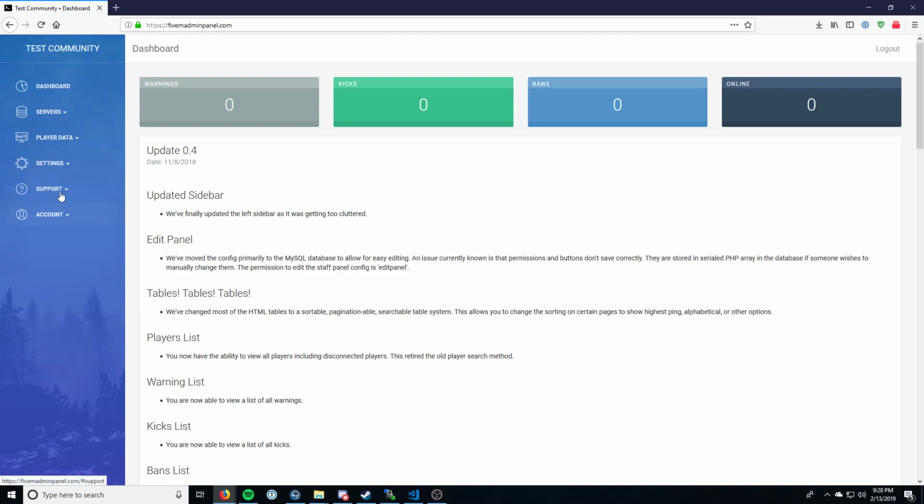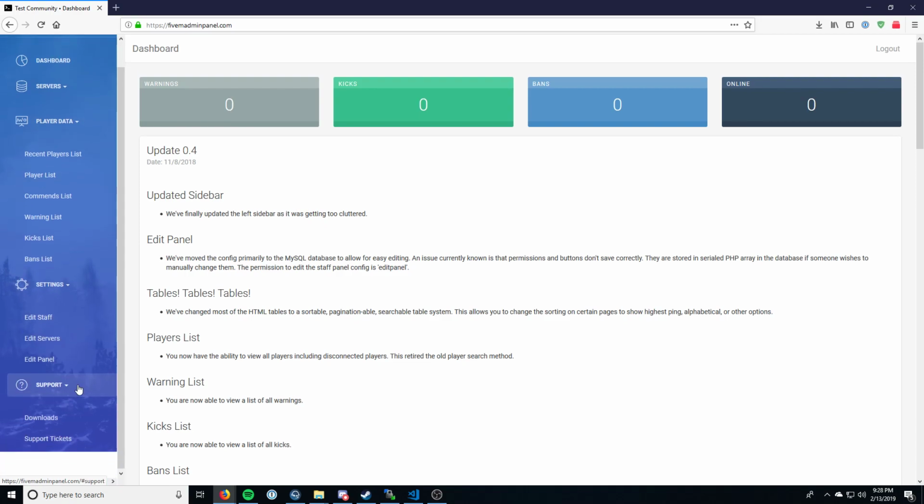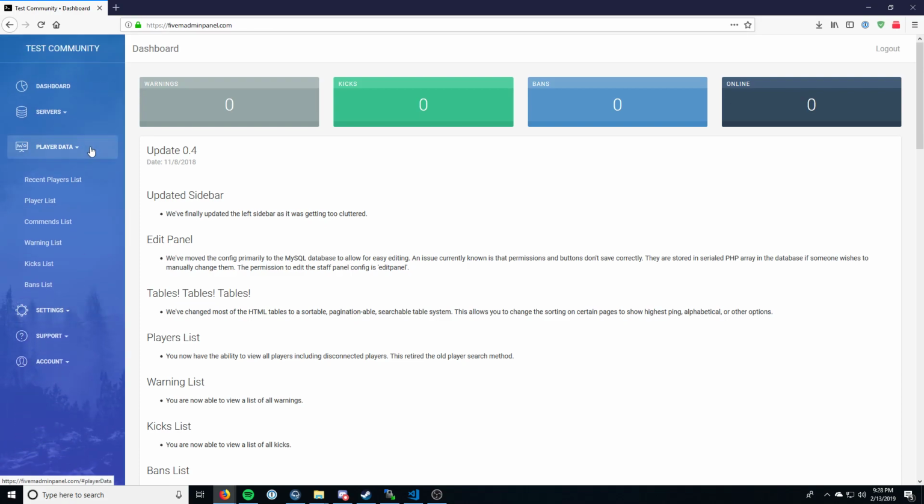And from here, you're able to view your servers. You don't have any yet. Player data, you have everything right there. Your settings, support, and account. So basically, to set it up, once you're at this stage, you're going to want to go to